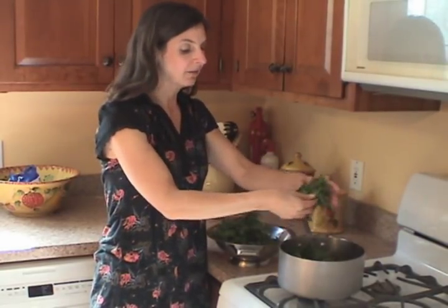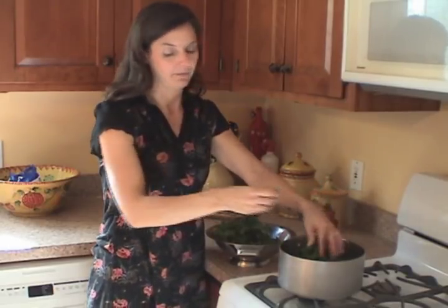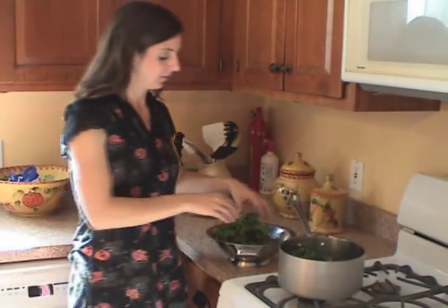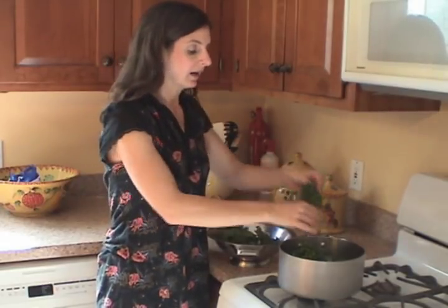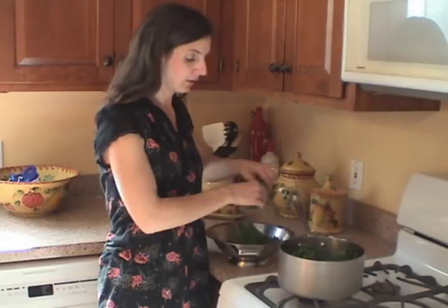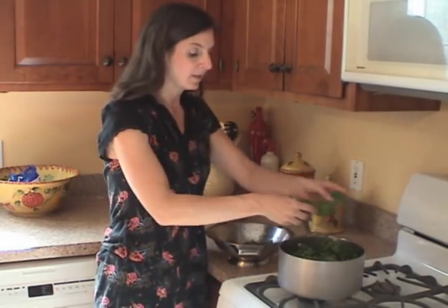Toss it in your pan. Again, if you get a big, thick stem, it's a good idea to remove that. Not because it doesn't supply any great fiber, but it's just easier for them and more tasteful for the kids when they go to eat it. Once your kale is in the pot,